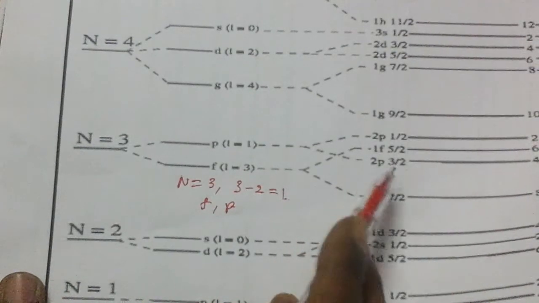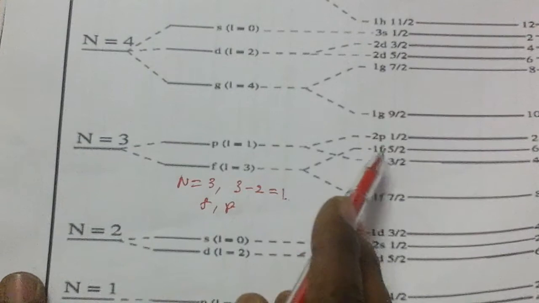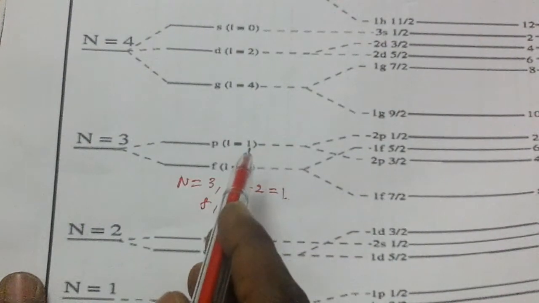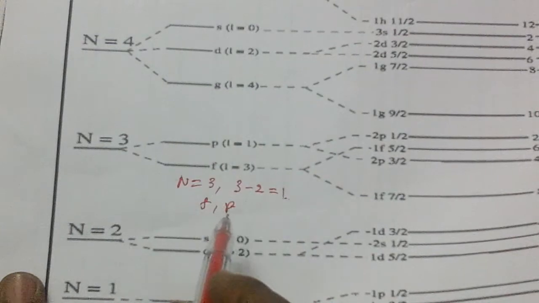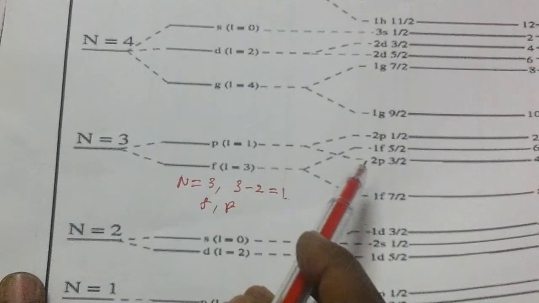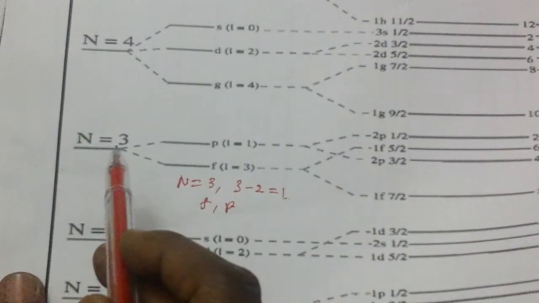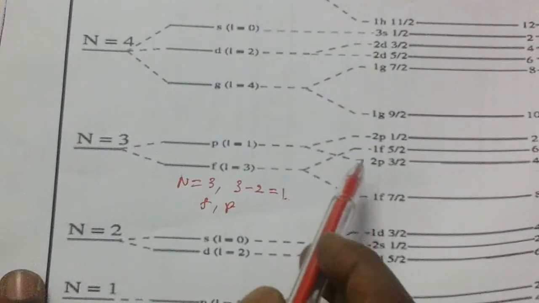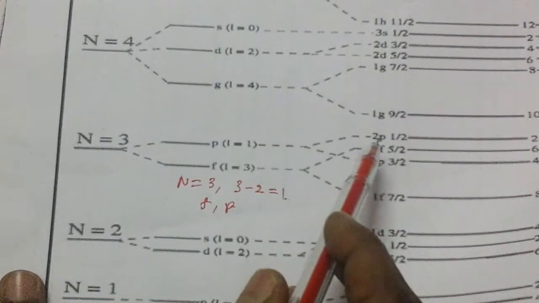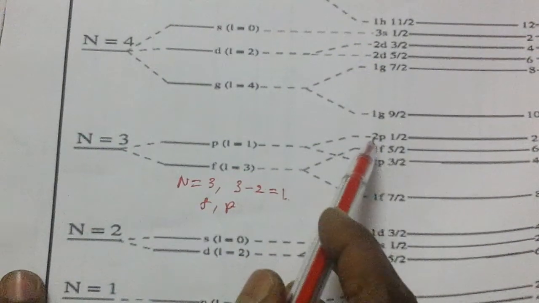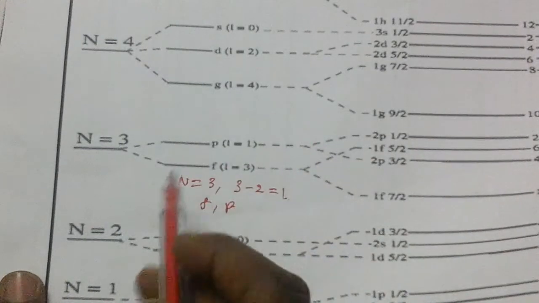1F and 1F. 1F is 1 by 2, 1F 5 by 2. P is equal to P value here 1. So it is divided again into 2 types. It is merging with F in between F. The third level also overlapping is happening in between these two, P and F. So P is equal to 3 by 2, and another P, second time it is coming, that's a 2P, 3 by 2, 2P we are getting.